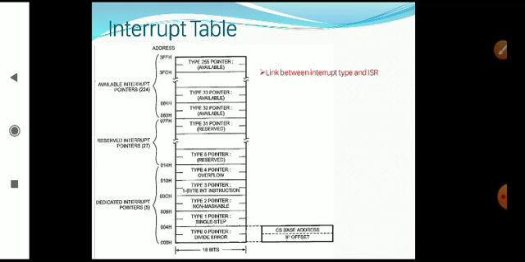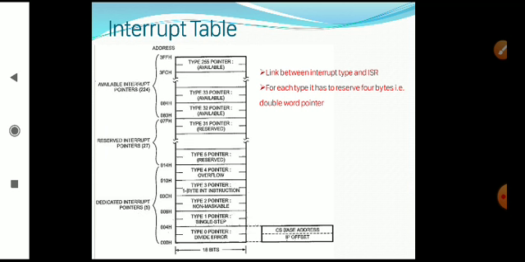Basically there are a total of 256 types of interrupt, and for each type of interrupt 4 bytes are reserved. We can say that it is a double word pointer format.